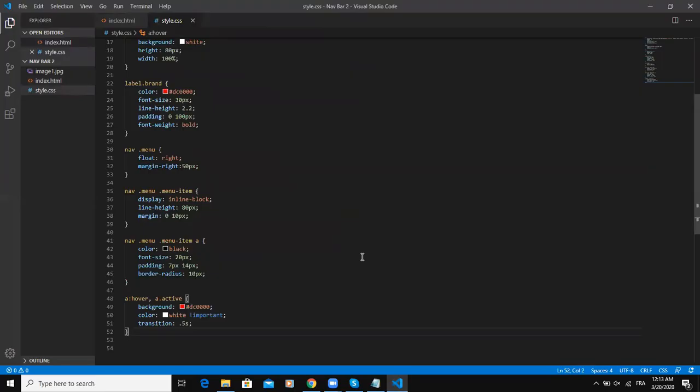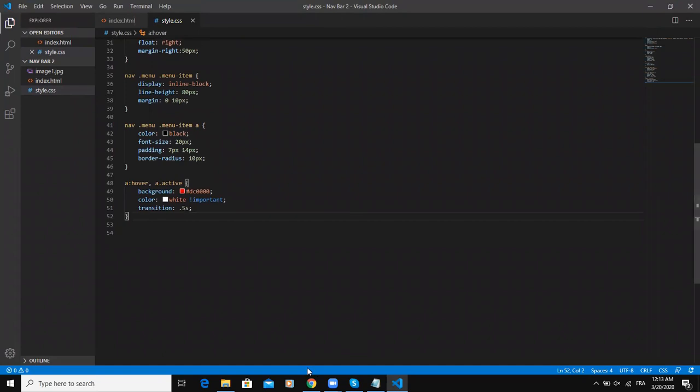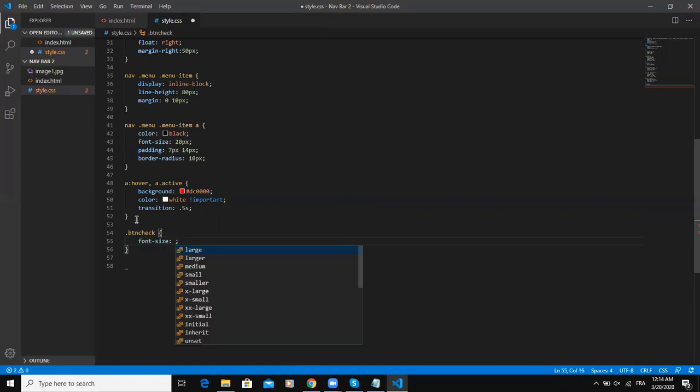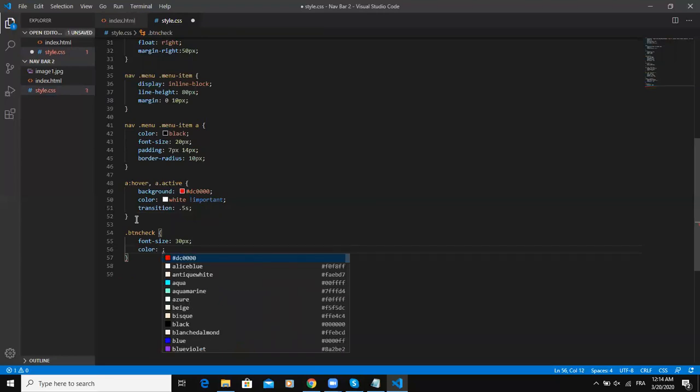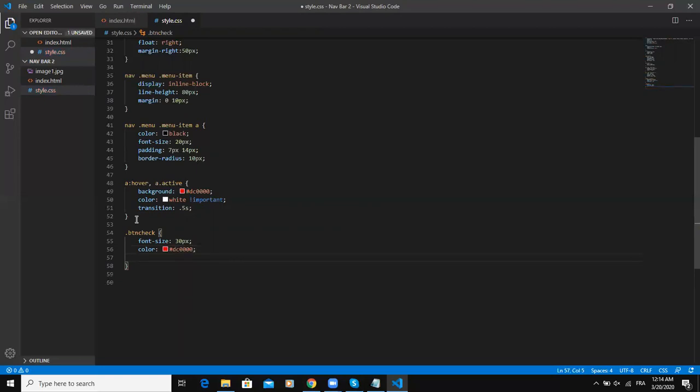And so now I need to style it. So what I need to style will be, I'll start with the button check class, and inside I'll give it a font size of 30 pixels, and its color will be, I would say red. Okay, and I will have it float right,